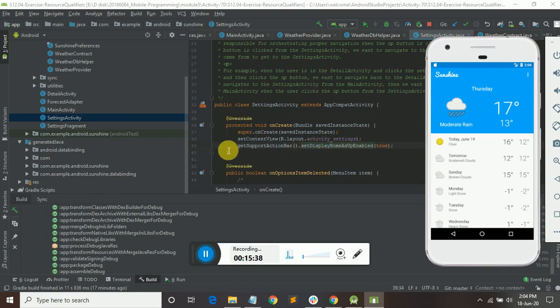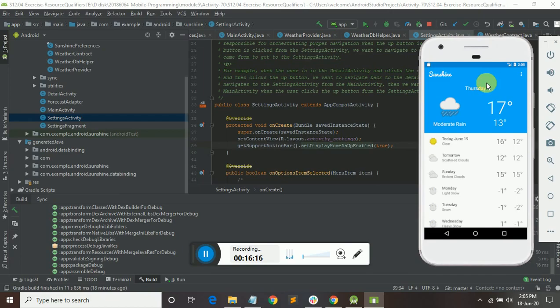And what does get support action bar do? It was recommended to extend the activity class from the action bar activity. The main purpose we are using it for is to enable the action bar. You can see here this is a bar with headers, we can say they're simply headers. So this is a part of it.